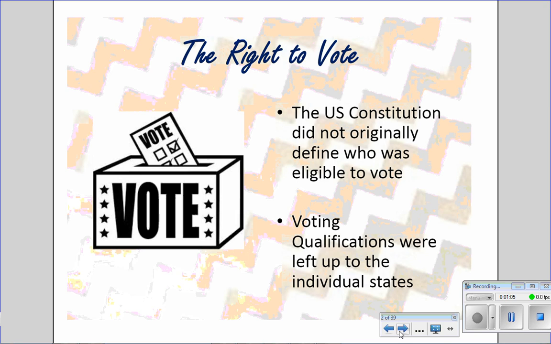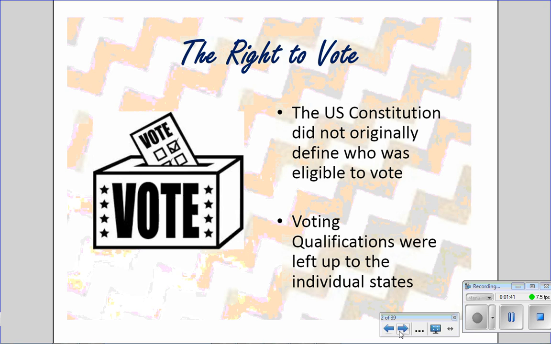And in 1789, when George Washington was elected president, only 6% of the U.S. population was eligible to vote. That means 94% of Americans did not have the right to vote. So when we're talking about voting today, it's really important that you get how much people have fought for this right to vote and how valuable your right to vote is, and why it's really important that you use that right. Because if you don't use your rights, there's a really good chance that you'll lose those rights.